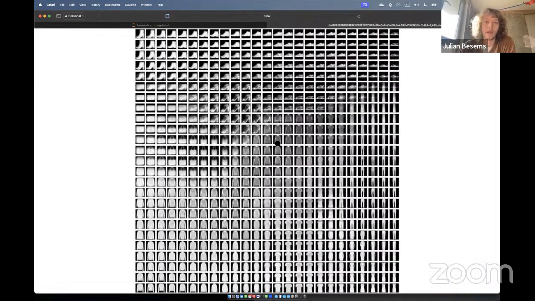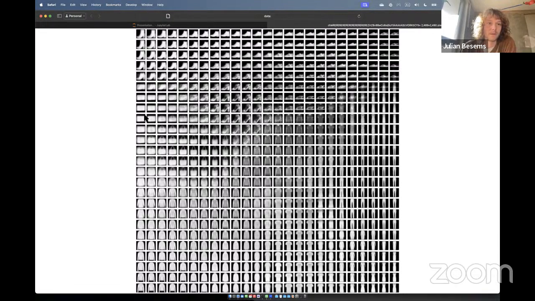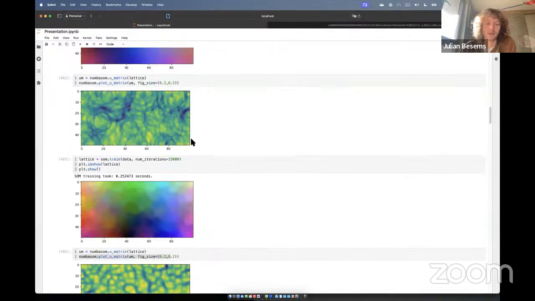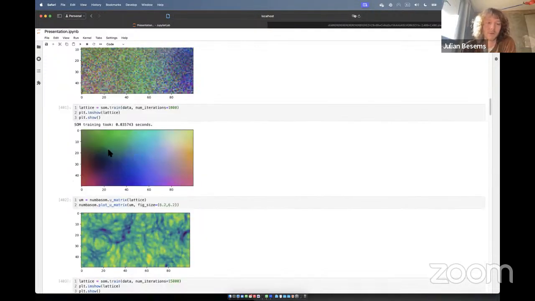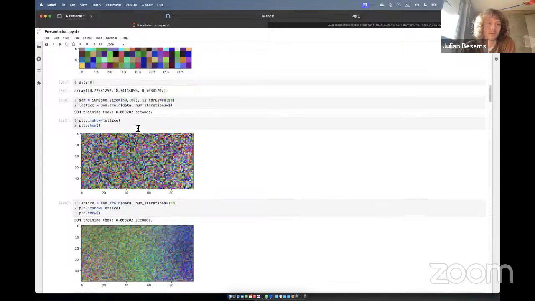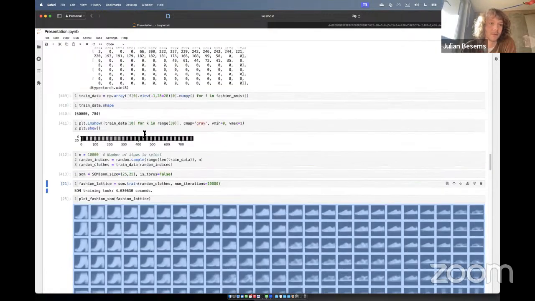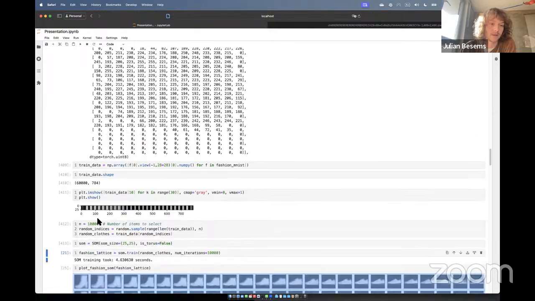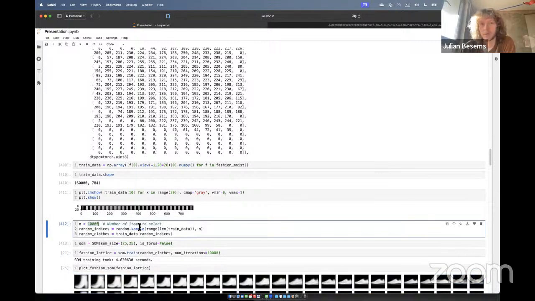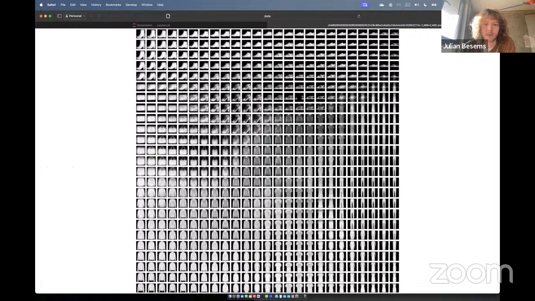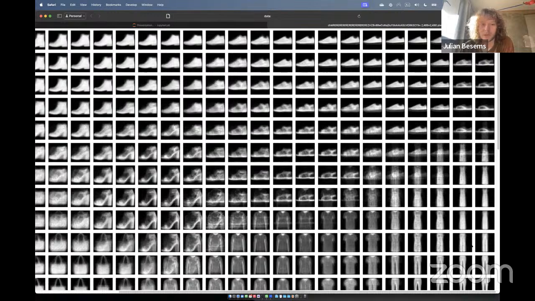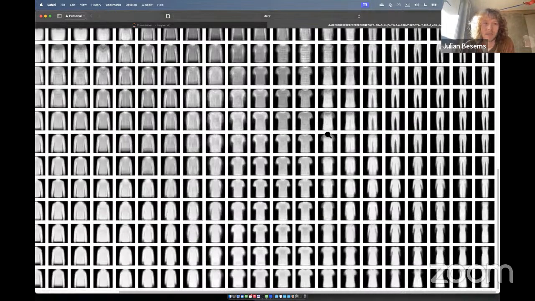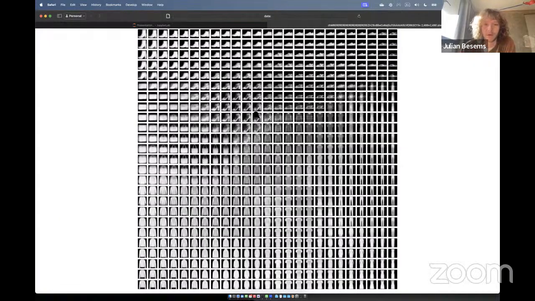So here, we're now looking at the actual SOM in the same way as earlier with the colors. Recall that this doesn't actually show any of the data points, but it shows a topology of a mapping of the original training data. This SOM has seen 10,000 images of clothes, and it starts to create a topology that looks like this. So you get weird moments where dresses and shoes start to merge, but you can see that it represents the overall pieces of clothing in a very smooth fashion.